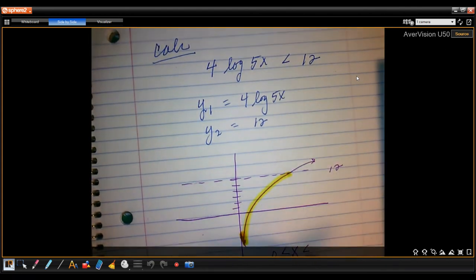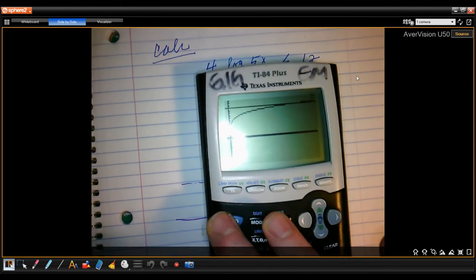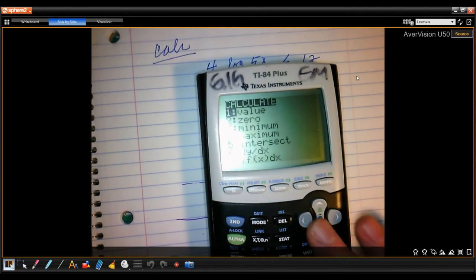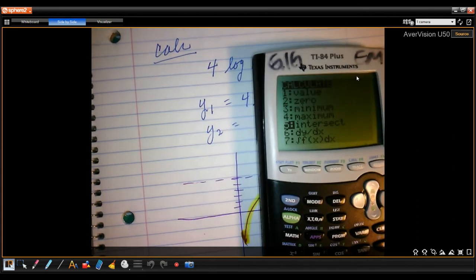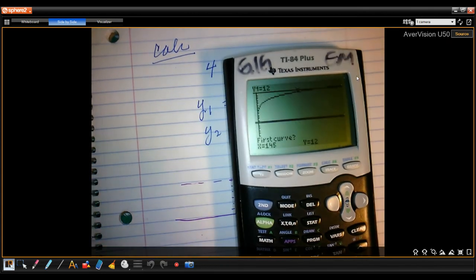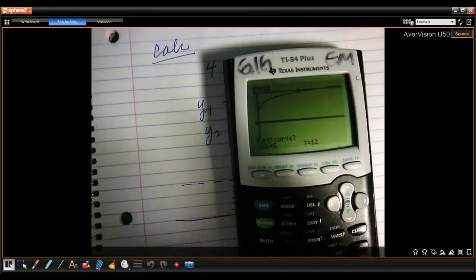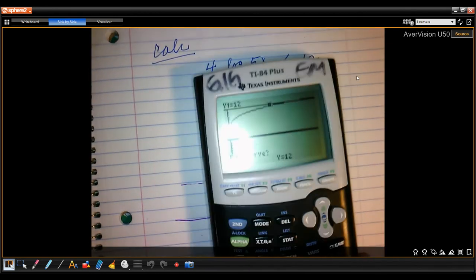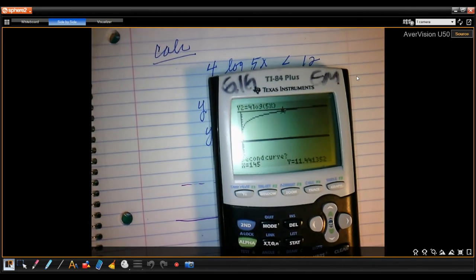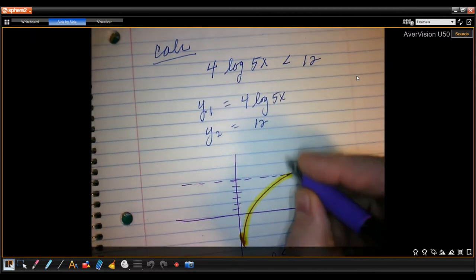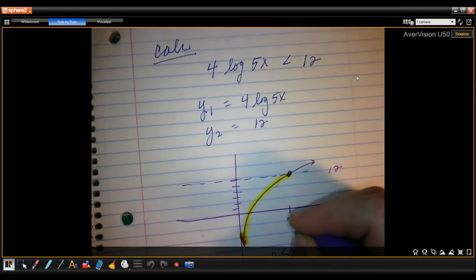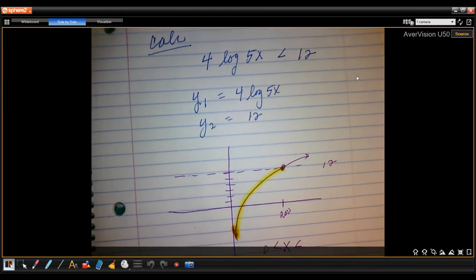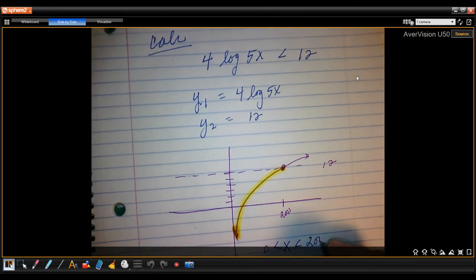Less than what? So second calc intersect. Let me move it over. Intersects. Can't tell if it makes it better or not. Okay, and then intersects at enter. So 200. Oh, how funny. Perfect. So intersects at 200. So this right here is 200. Nice. So therefore, the domain of this graph,